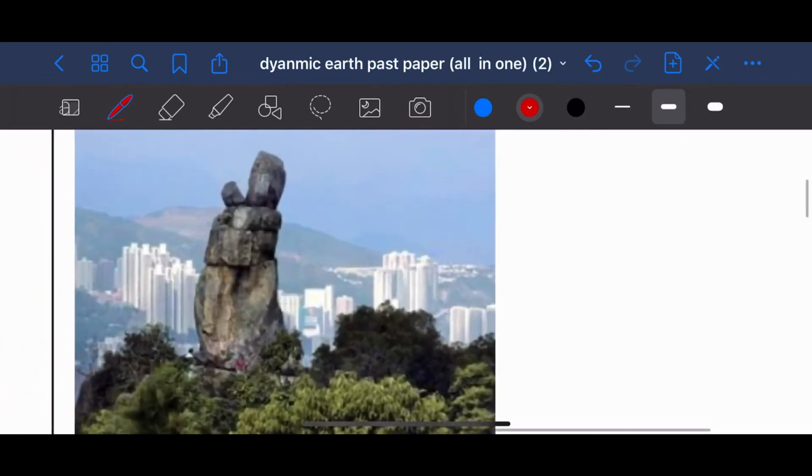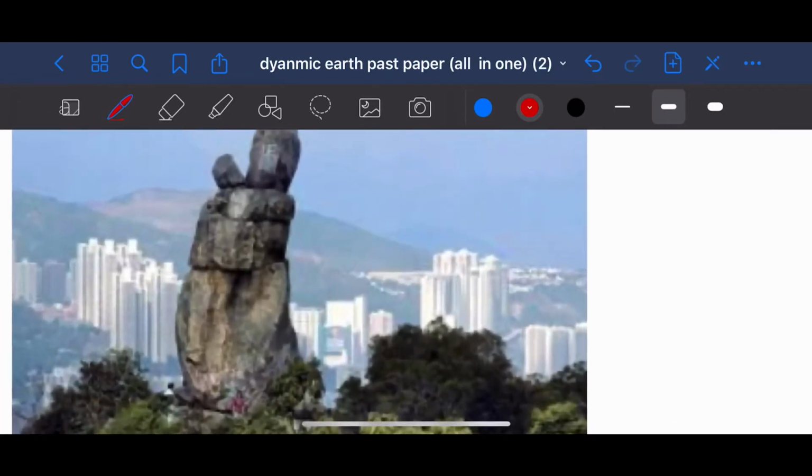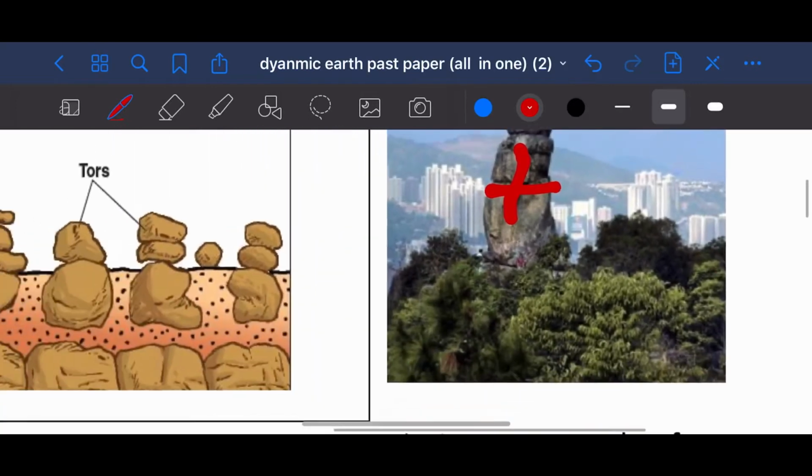Perpendicular joint. You can see there's a lot of perpendicular joint, which is like this. I think you are quite good in mathematics, so I think you should know what is perpendicular. Okay, which is like this. And then